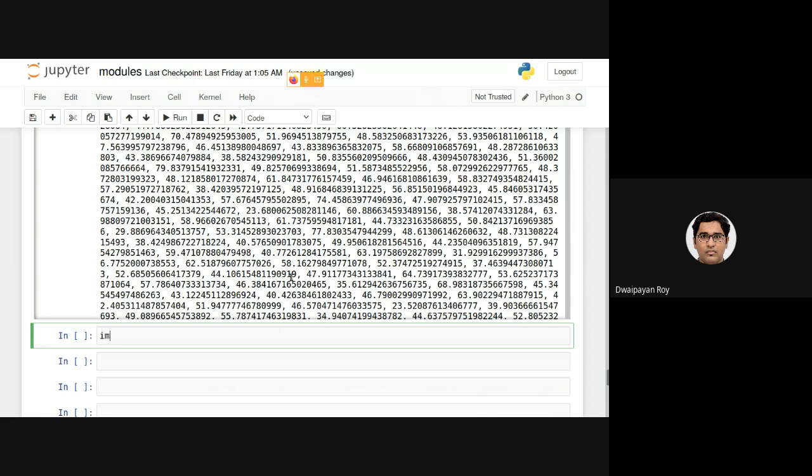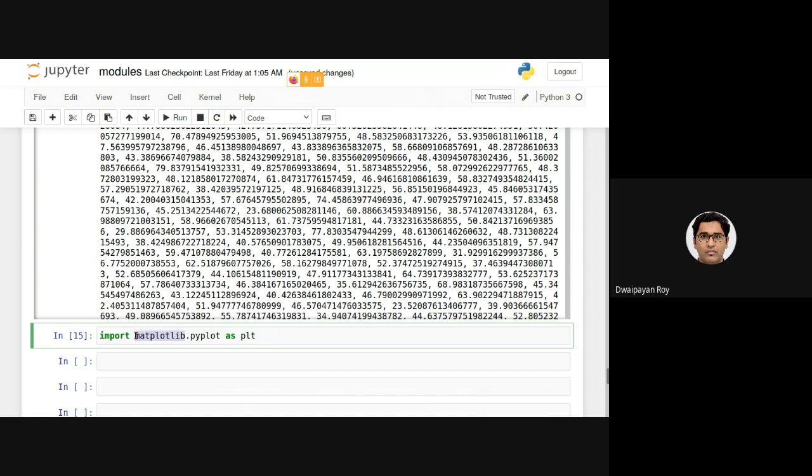Look at this carefully: import matplotlib.pyplot as plt. Here in this statement, I am importing a module called pyplot and renaming it as plt, and this pyplot module is defined inside a package called matplotlib.